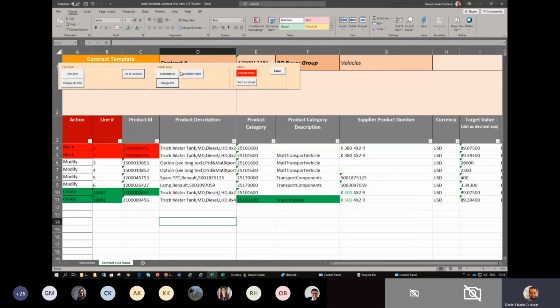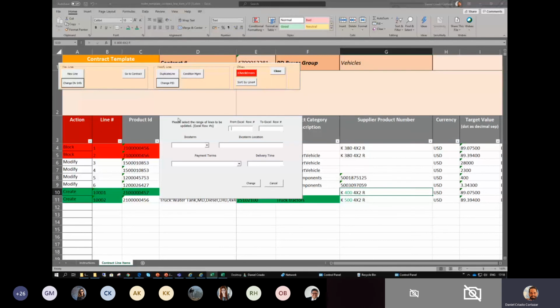Then I can move to another option, which is change delivery info here. Remember that I'm not inserting the data here manually, as our colleagues were mentioning before. I'm going to use the buttons, this functionality. So I'm going to click on change delivery info, and let's see what the system is asking here. So please select the range of lines to be updated. So I can update one or several different lines. In this case, what I'm going to do, I'm going to modify only row number 6, which is line item number 3,